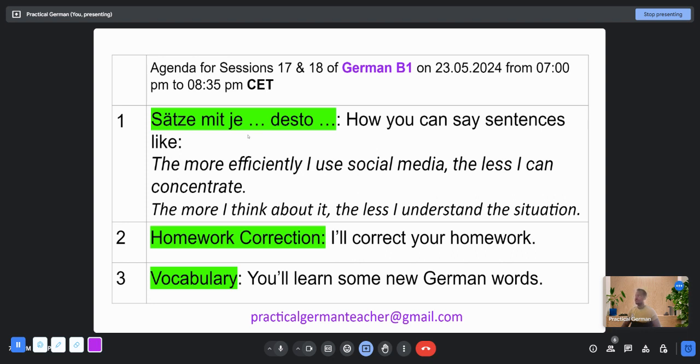Then we will see if someone has done any homework. We'll try to correct it. And if you still want to, we can do some vocabulary learning. You will be learning some vocabulary, and I will try to help you if you struggle with meanings of some German words. Having said that,